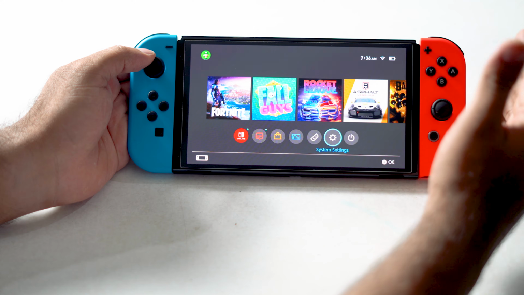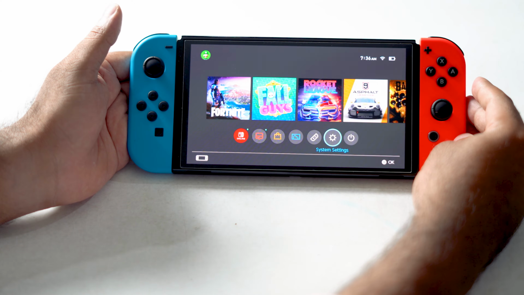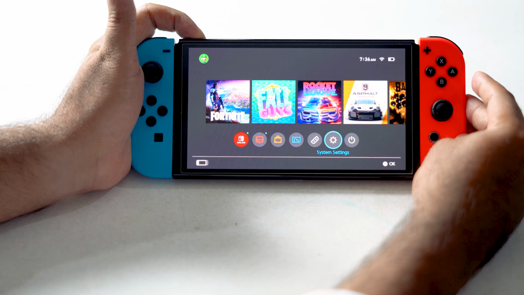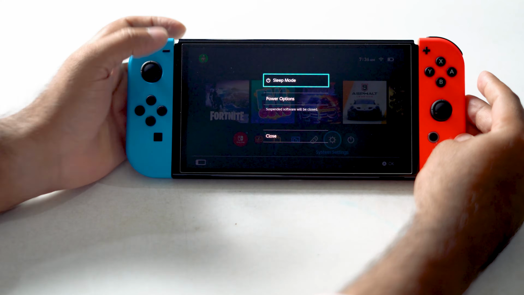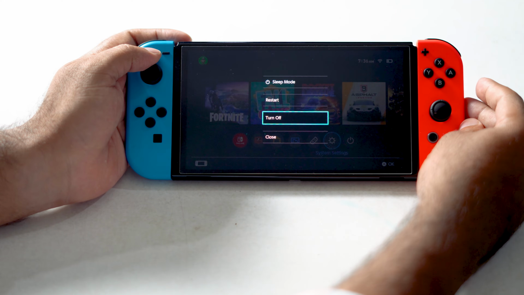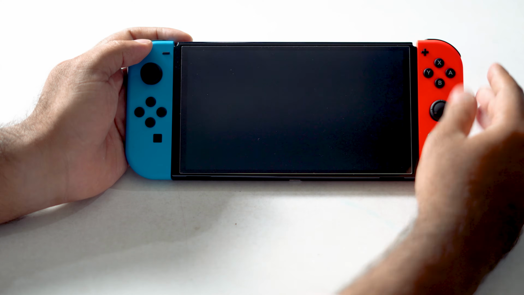That is to turn the console off. For turning it off, you just have to do the same. Press and hold this button over here at the top. Now from here, go to the power option, press A and turn off your Nintendo Switch. Once it is successfully turned off,